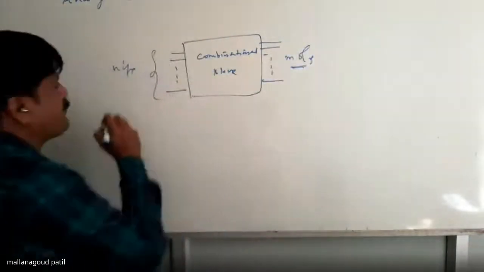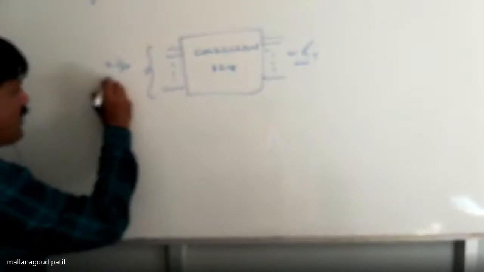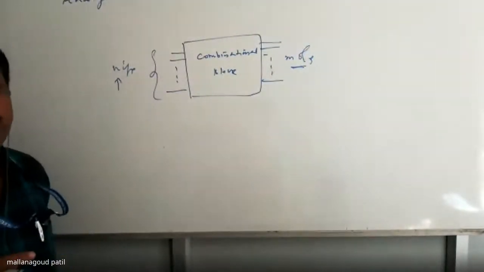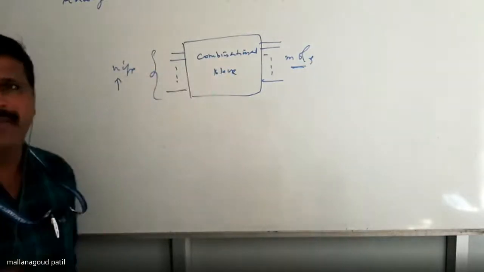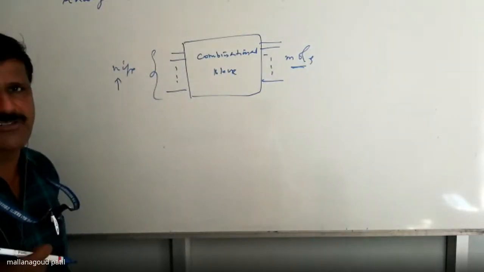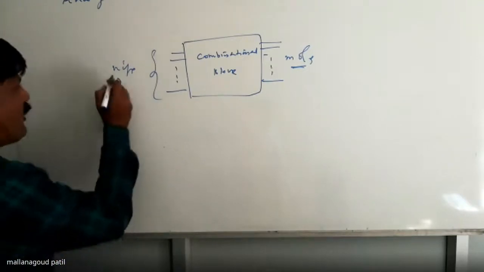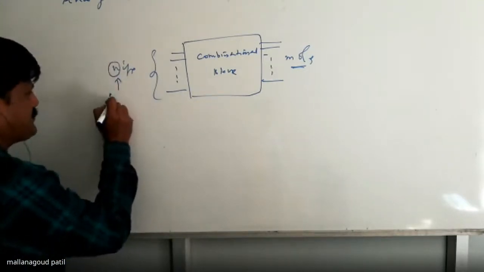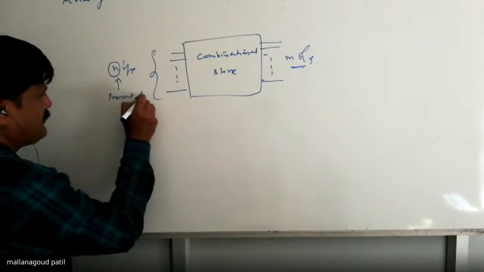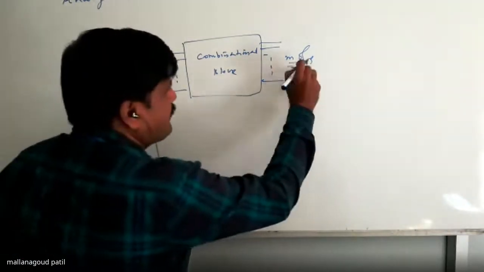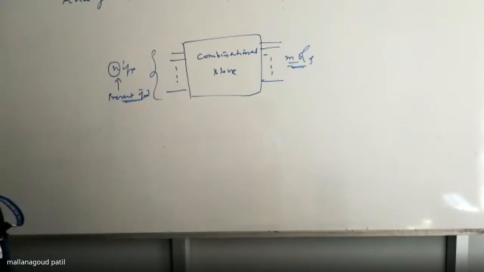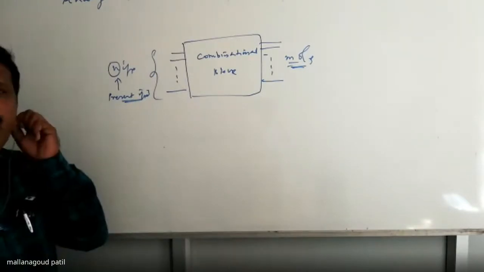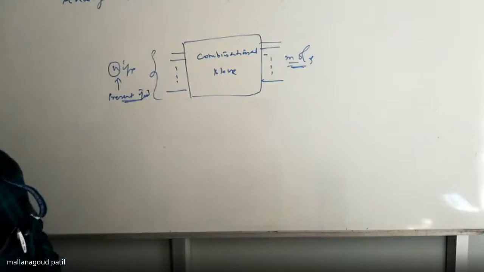N inputs, all are current inputs, not the past output, because this combinational block executes only on the present inputs. Then all n inputs are the present inputs, and proportionally you have the outputs. Output may be 1 or output may be m. This is the idea you have. Then knowing this, how do you design the combinational network based on your idea?